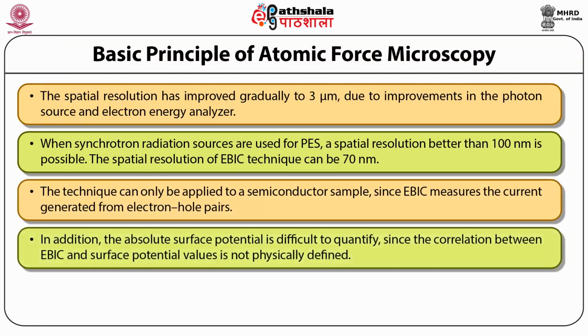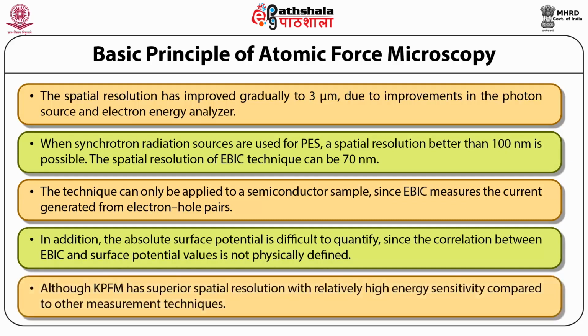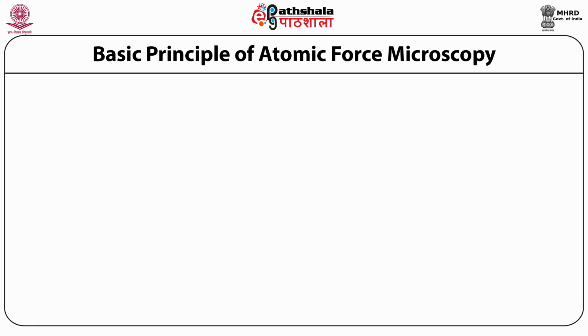In addition, the absolute surface potential is difficult to quantify since the correlation between EBIC and surface potential values is not physically defined. Although KPFM has superior spatial resolution with relatively high energy sensitivity compared to the other measurement techniques,